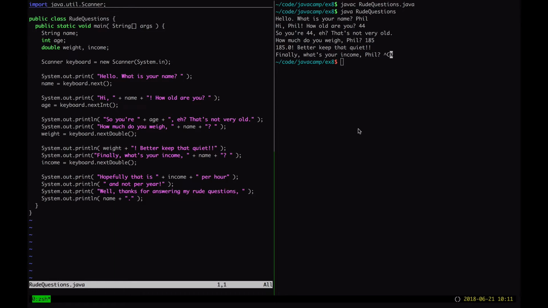Well, it looks like on line 12, you did keyboard.nextInt. But what's line 12 in the example? Is it nextInt? Yeah, I'm stupid. Okay. You're not stupid. Well, maybe you are. No, I'm just kidding. No, that's just